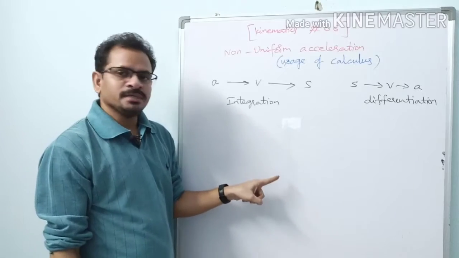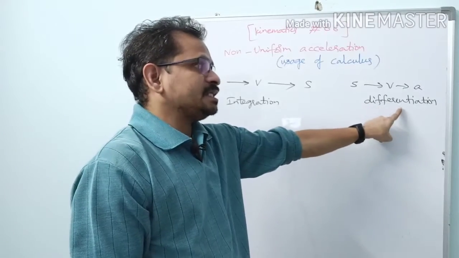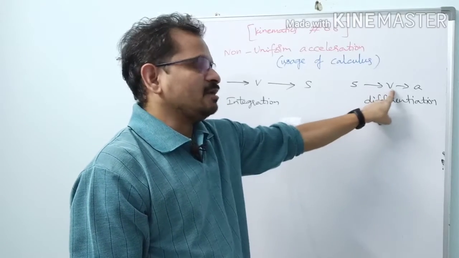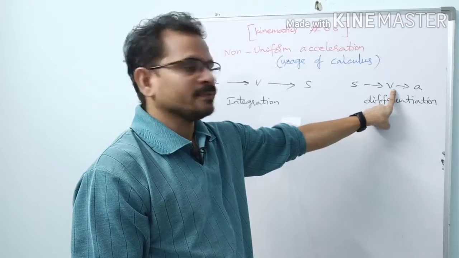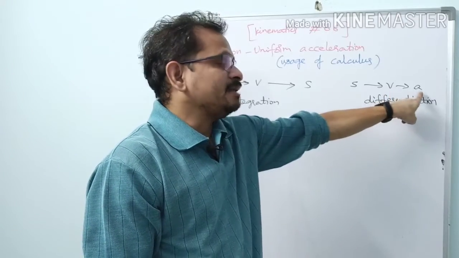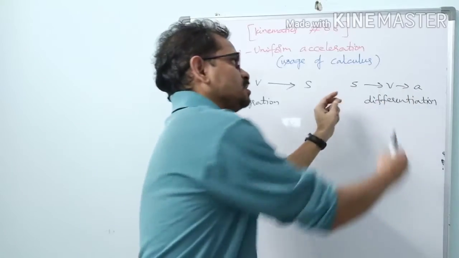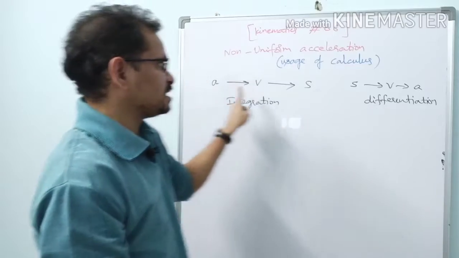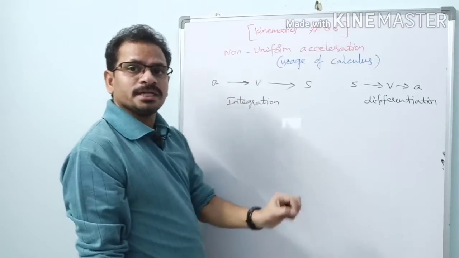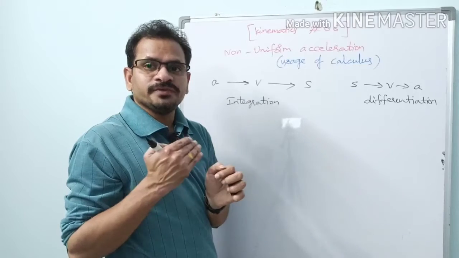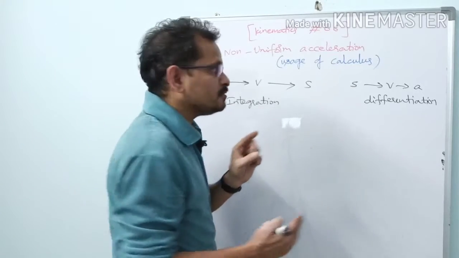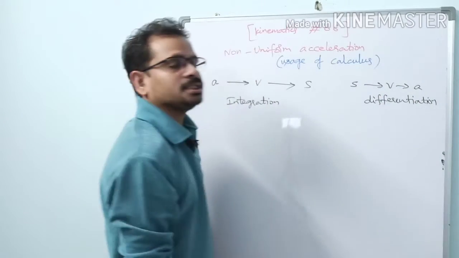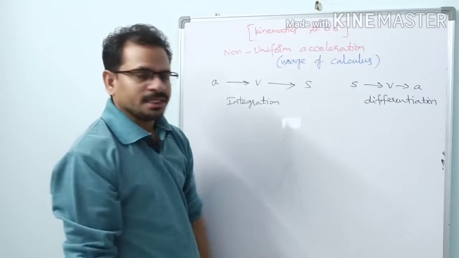As I explained in the previous video, differentiation is used when displacement is given and velocity is to be found, and if velocity is given and acceleration is to be found. This is the straight order. If the straight order is given to us, we have to use differentiation. This is the reverse order. What is order here? Order is nothing but the physical quantities which we learn in kinematics. What is the first physical quantity we learn in kinematics? Displacement, yes. Second one, velocity. Third one, acceleration. So that is the straight order.